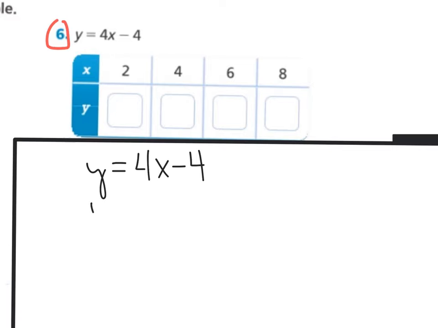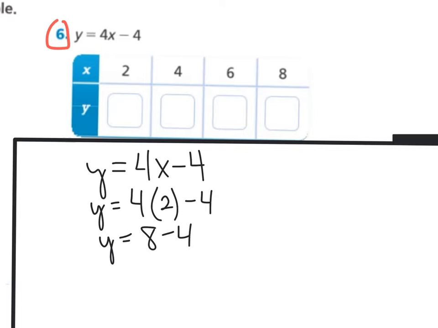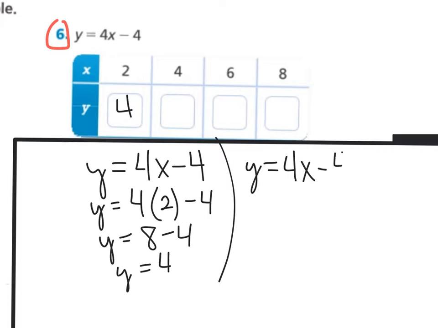So first of all, we'll substitute a 2 in place of x. And then we're just going to use the order of operations. So 4 times 2 is 8. 8 minus 4 is 4. Then we'll substitute a 4 in place of x. I know they don't give you a lot of room here in your workbook, so you may want to, if you run out of room, do this in a notebook or something,